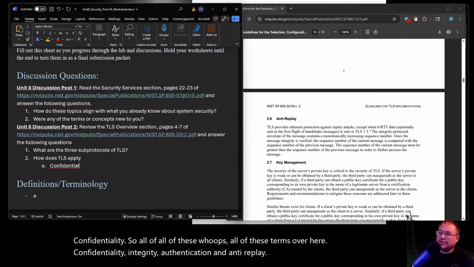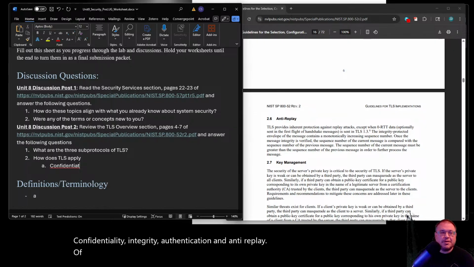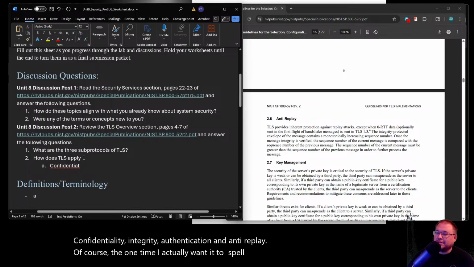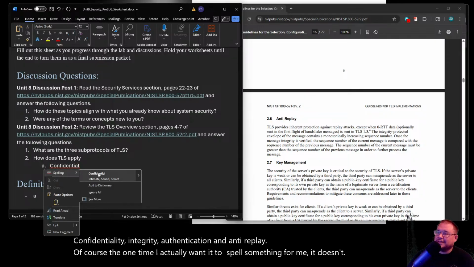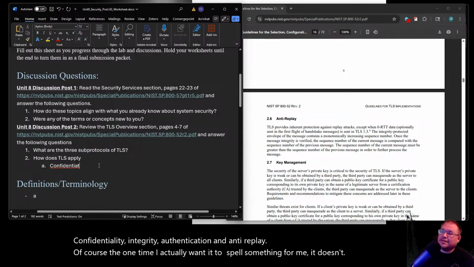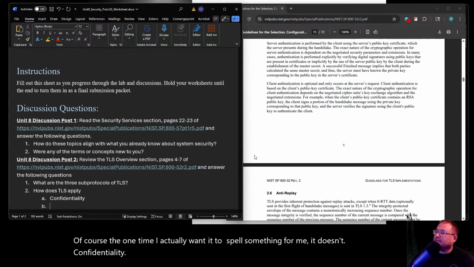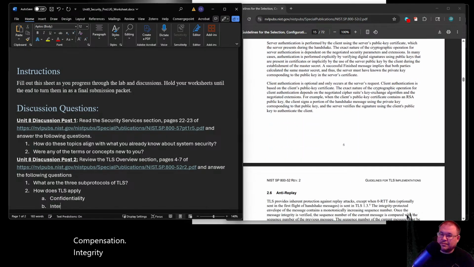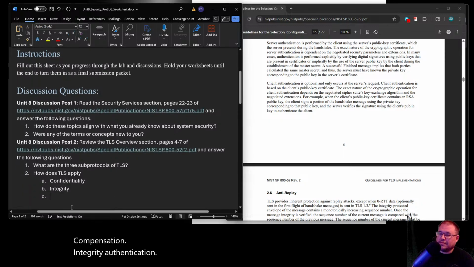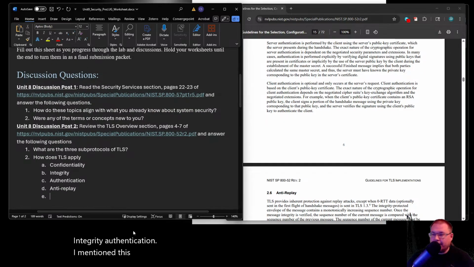Of course, the one time I actually want it to spell something for me, it doesn't. Confidentiality, integrity, authentication. I mentioned this earlier, anti-replay.